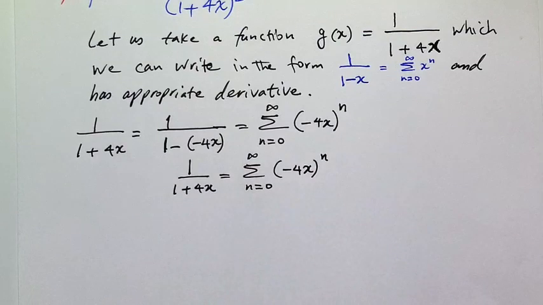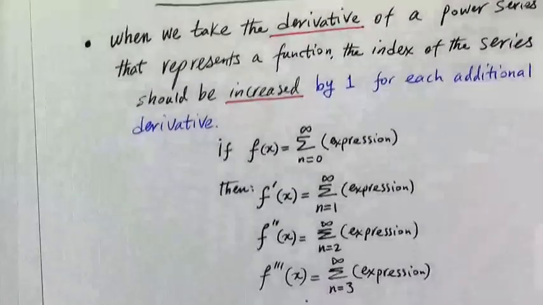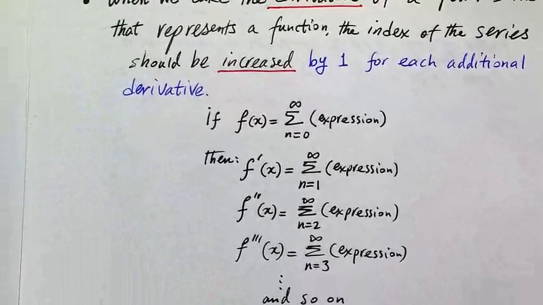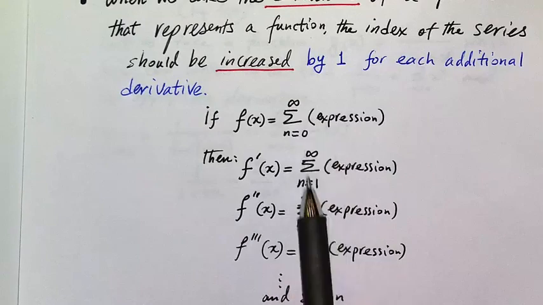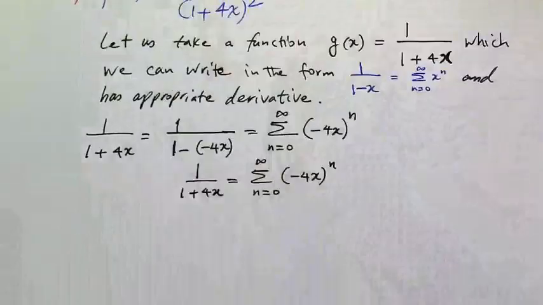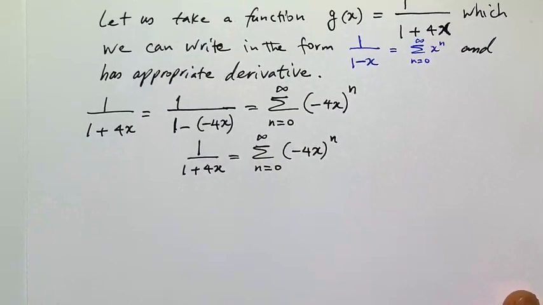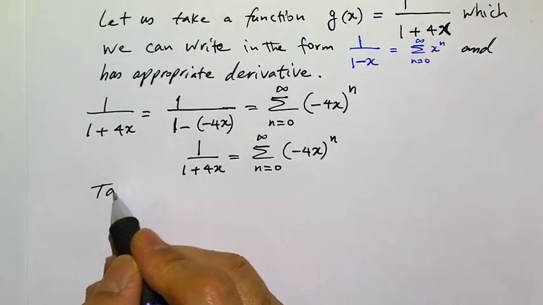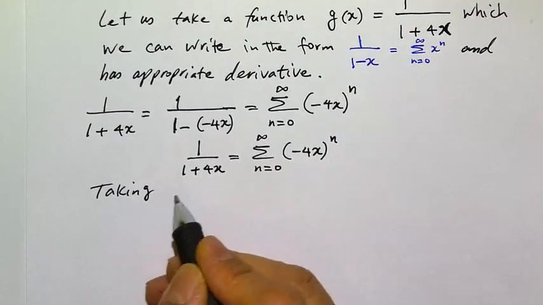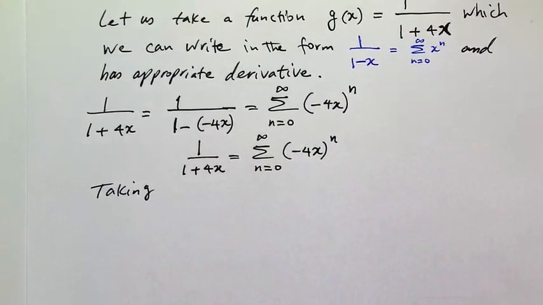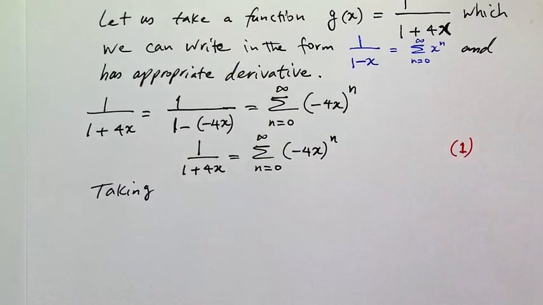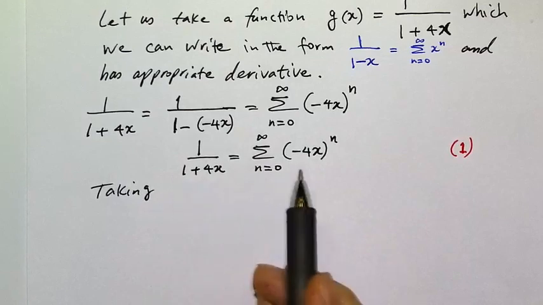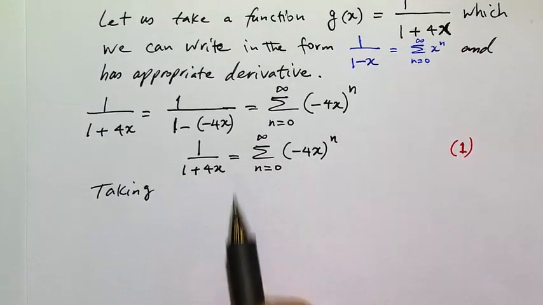And remember what we said on the previous sheet. When you take the derivative, for the first derivative, the index goes up by 1, right? Let's keep that in mind. Let's call this equation 1. So taking the derivative of both sides of equation 1,